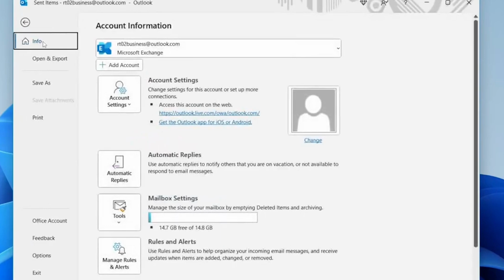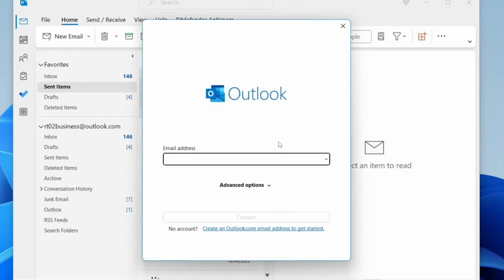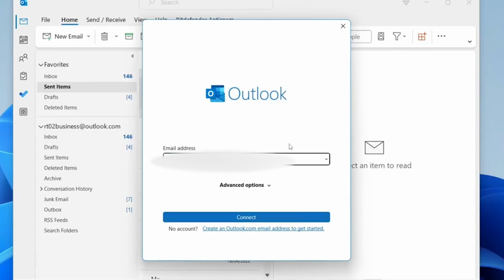And as you can see here, we've got this option, Add Account. What you need to do is enter an email address. Now, don't worry, it doesn't have to be an Outlook email, it could be literally anything. I'm going to add my company email here, and after entering the email you have to tap on this Connect